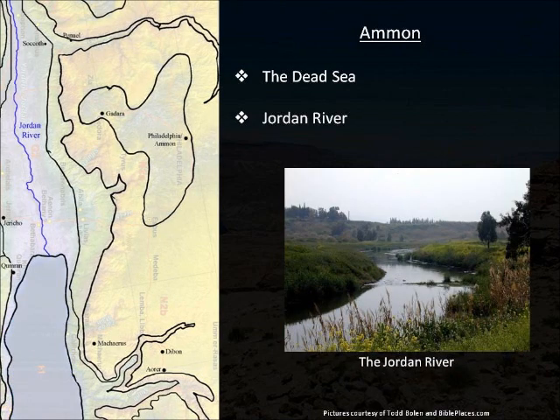And another watery treat for you here. This will be the first real good look we're going to have at the Jordan River. Notice that the Jordan River starts at the north and west end of this map, and that it's going to travel all the way through that deep section of the Jordan Valley, and it's going to eventually drain into the Dead Sea. This is the major river that feeds into the Dead Sea. And again, this Jordan River, the Hebrew word for this is the Yarden, meaning the river that goes down. And that's exactly what this river does. It cuts a deep gorge into the surrounding area, and they don't call it the Great Rift Valley for nothing.